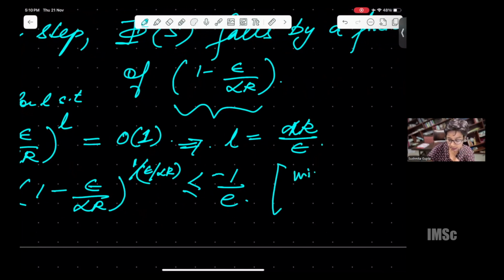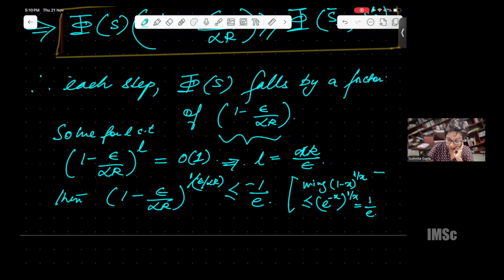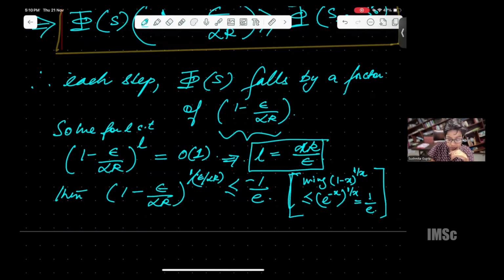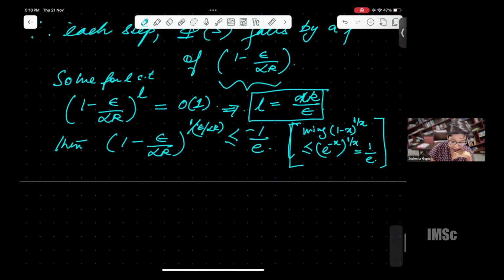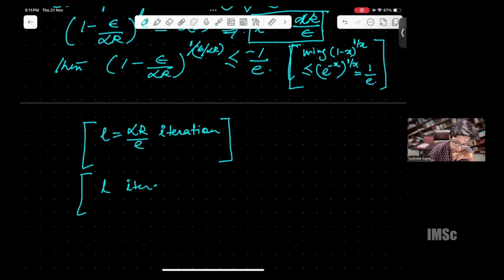You may know this fact that (1 minus x) to the power 1 by x is less than or equal to e to the power minus x. This is correct, right, guys? Yeah. This is basic bread and butter. I don't remember too many inequalities. I tend to remember this one. It's a very basic thing that we use. So that's why I'm saying that if I do this many number of iterations for each block, and this many again, and so on and so forth,